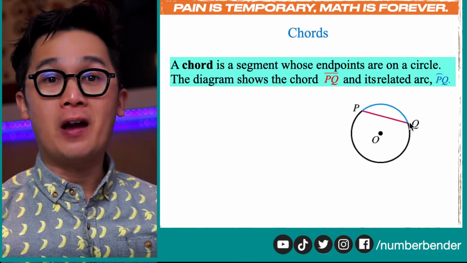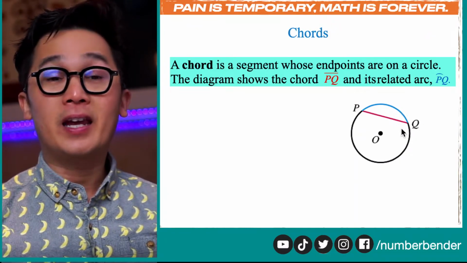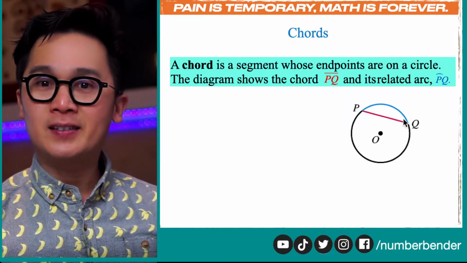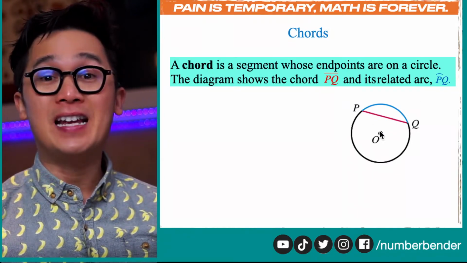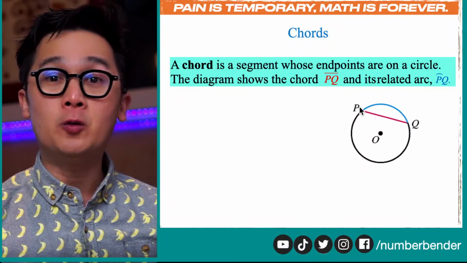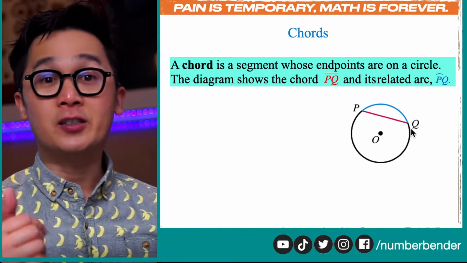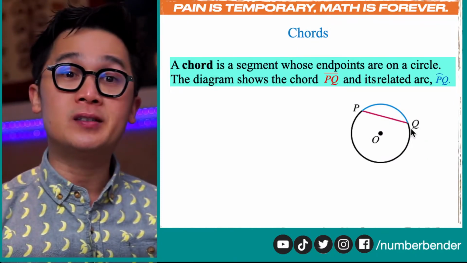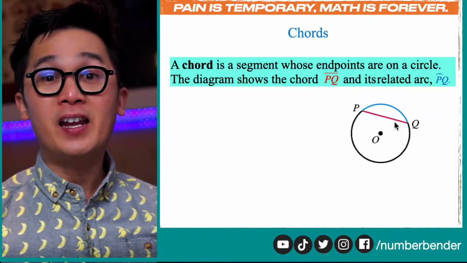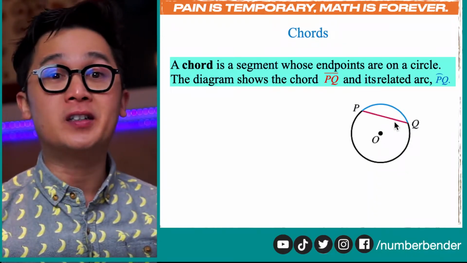And according to the definition of the chord, the two endpoints that you are seeing in our circle is cut from this line segment PQ. And it's also related to arc PQ, which is this blue arc right here. So if we have a chord, its association to your circle is it produces an arc in this particular line segment. So notice that in a chord, we have two endpoints that is associated in our circle,